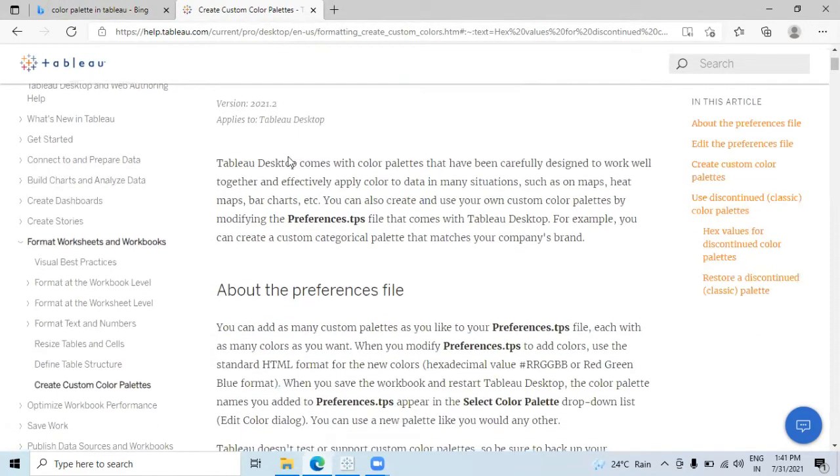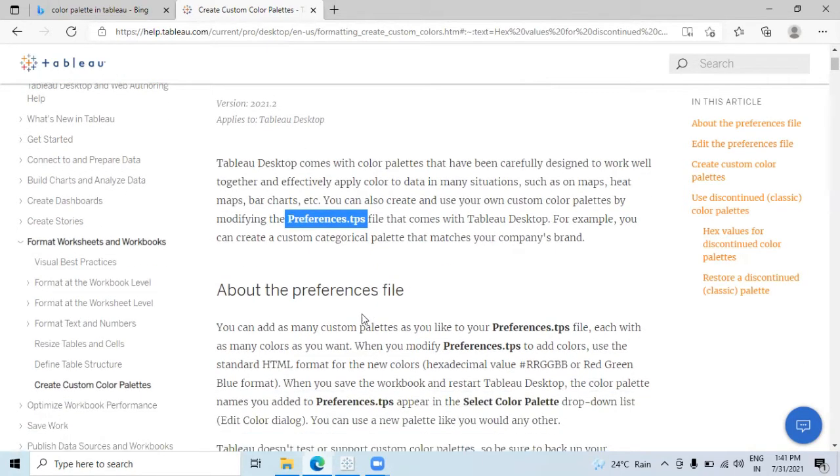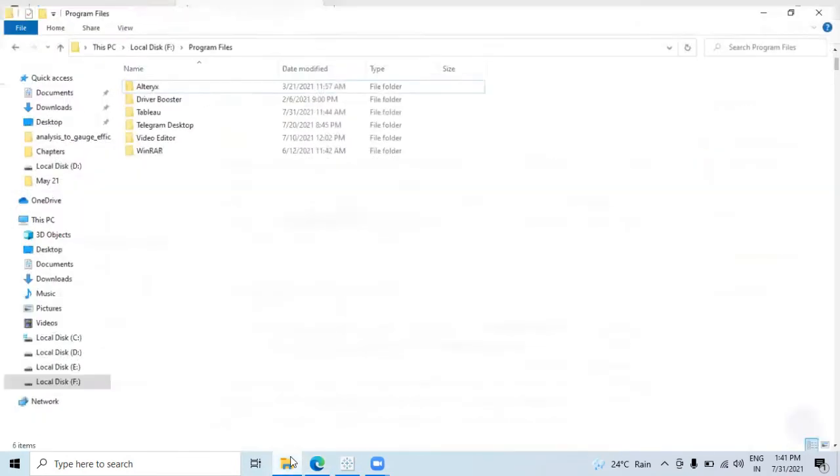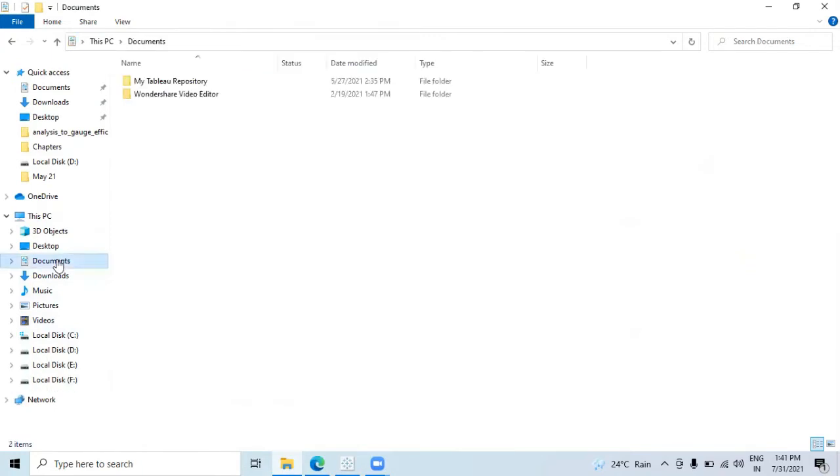It's very straightforward. Just to brief you quickly, Tableau says that we need to open the preferences.tps file, which is in your Tableau repository, and edit that file. The preferences.tps file is always present in your Tableau repository. By default, your Tableau repository goes into My Documents. Whenever you install Tableau, you'll get a folder called My Tableau Repository.